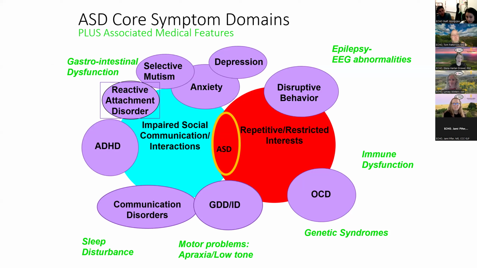So now that we've gotten that all reviewed, I'm bringing up the slide that Amy put in her last presentation that really looks at the complexity of autism. I mean, there are so many potential co-occurring conditions that can go along with autism. And just to remind you that the core features of autism are related to social communication differences and the presence of repetitive behaviors and restricted interests. However, there are other diagnoses that have overlapping symptoms with these core features of autism, which is why we're doing these two differential diagnoses presentations to go over those.